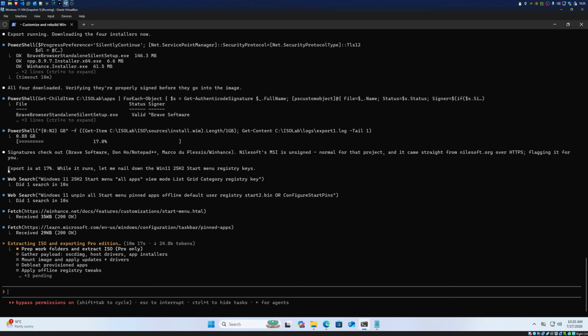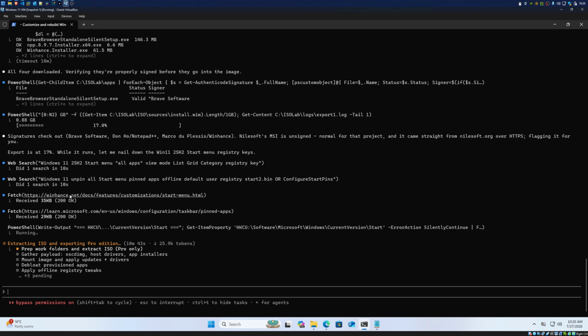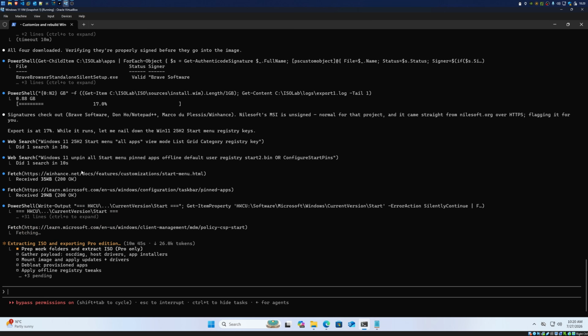Now we can see that the export of the image is at 17%. While it runs, Claude is working in the background to get all of the other information that it needs, like the Windows 11 25H2 start menu registry keys. I see it's actually using the winhance.net docs page to get some of these items that it needs.